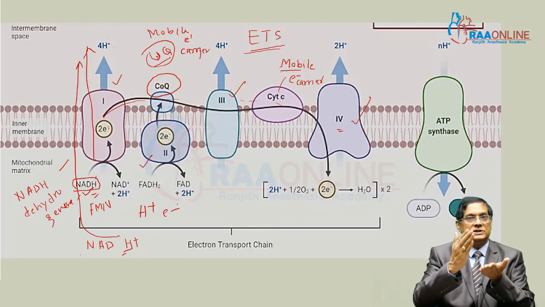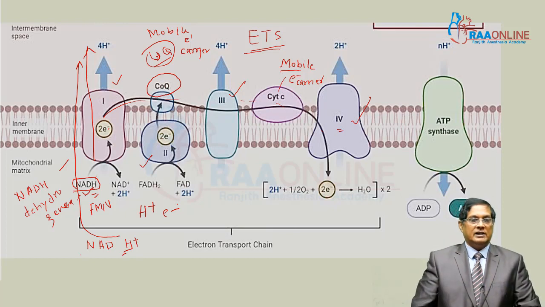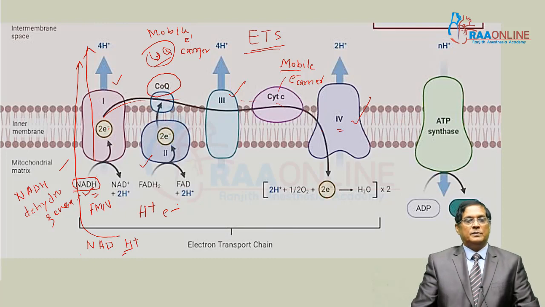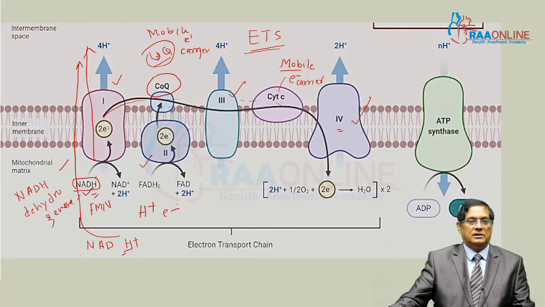When the electron is transferred, energy is released, and that energy is utilized to push these hydrogen ions into the intermembrane space. For that they get energy from the electron. Then the electron reaches complex number 4,